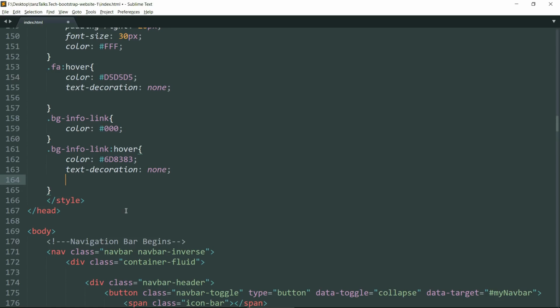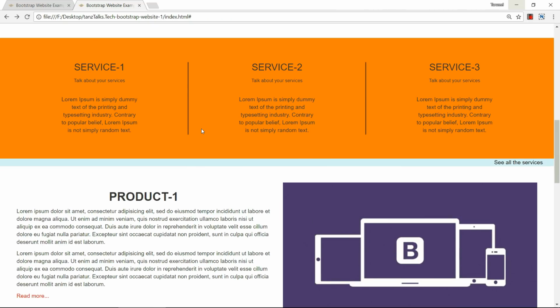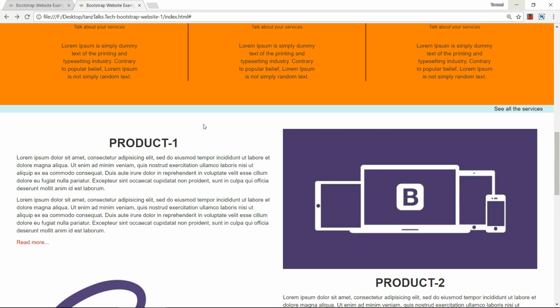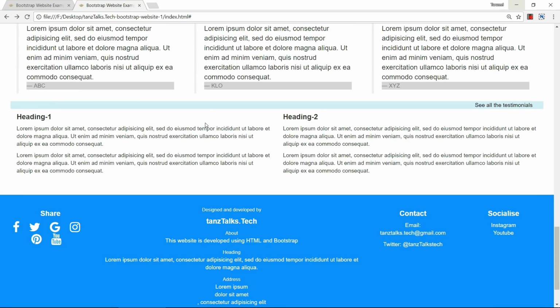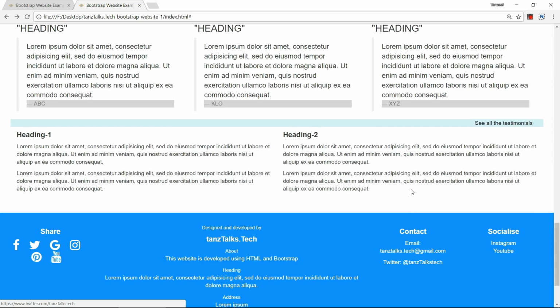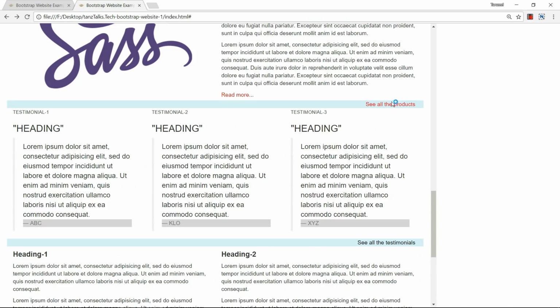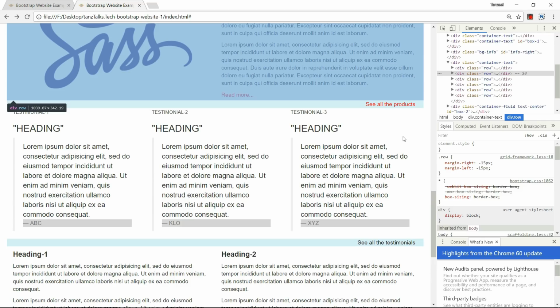Save it and see in the website. Now the icons are big. Now let's just resize the page and see how it responds. Okay, let me resize the page.